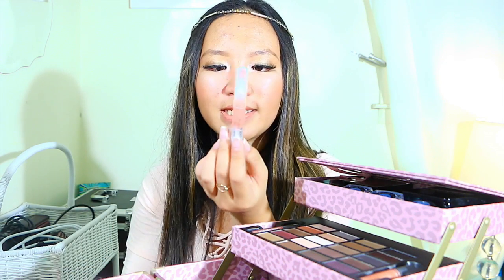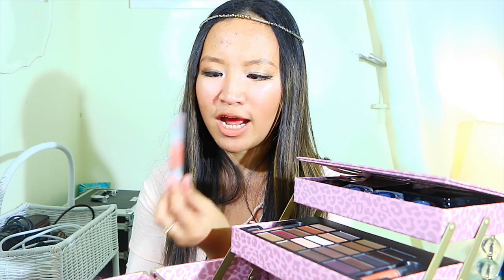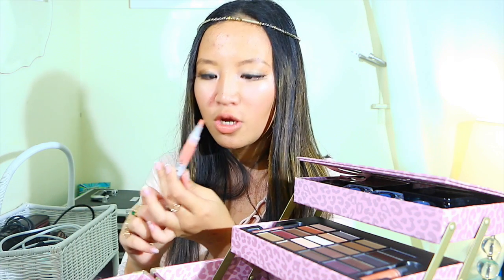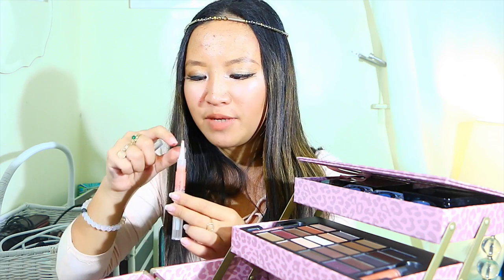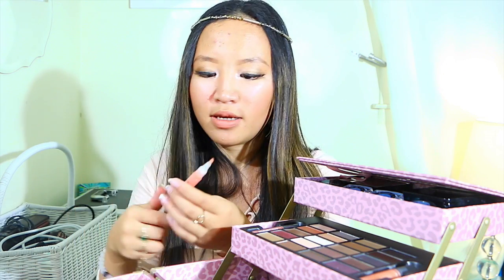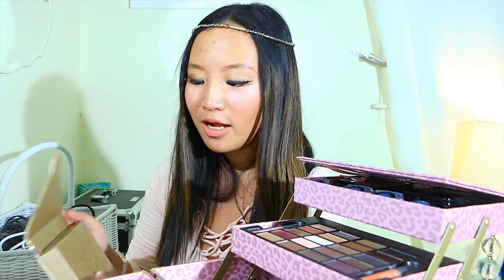And then I've got this liquid lipstick thingy that I actually never figured out. I don't know how to work this. Oh wait, no, I do remember. You turn this and the lipstick comes up here and then you can apply it. It's kind of cool. I don't think I will ever use these colors again, but I like holding on to this palette because, you